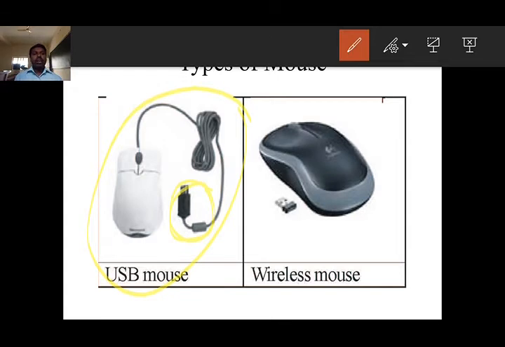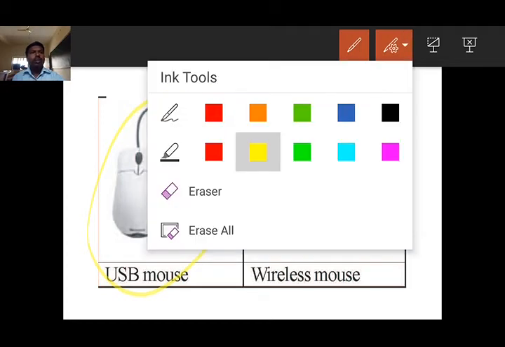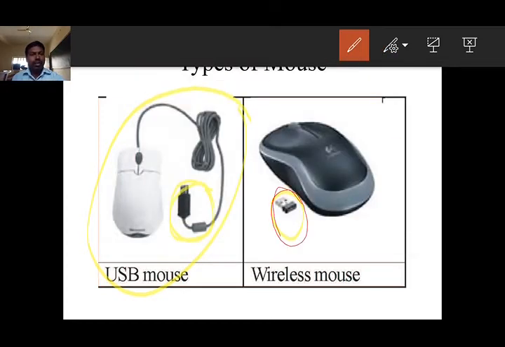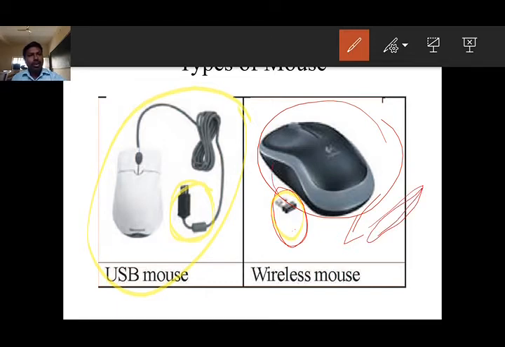Next, wireless mouse. What is a wireless mouse? You can see there is a small receiver. With the help of this receiver the signal will be received from this mouse. If you move the mouse, you can see there is no wire, but at the back side of the mouse there is a battery. With the help of the battery the signal will be sent to this receiver.